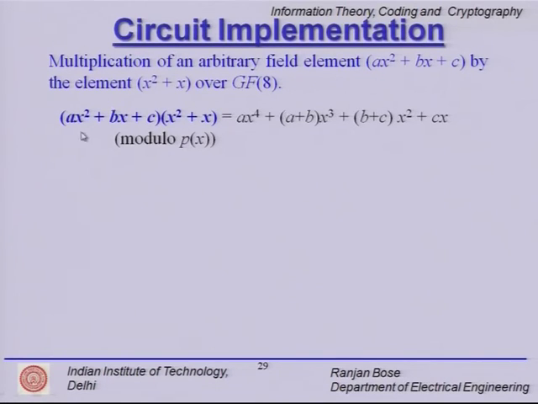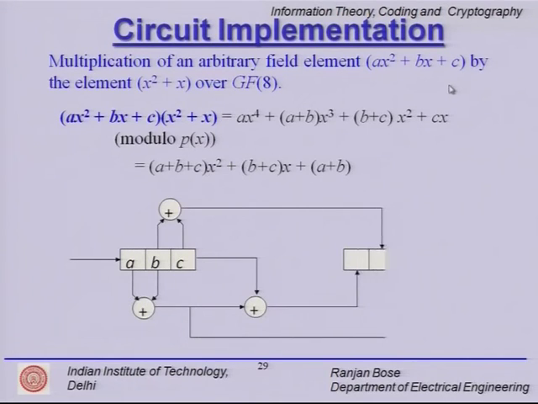My candidate polynomials are ax squared plus bx plus c, multiplied by, for example, x squared plus x, and then we take it modulo some p(x). You can multiply it out, get these coefficients, and simplify. If I were to implement this using a circuit, I will take a, b